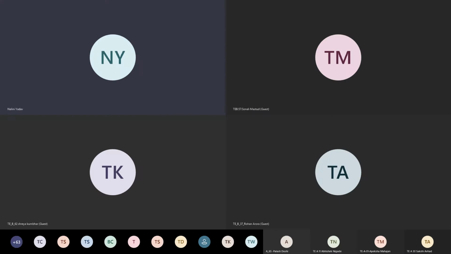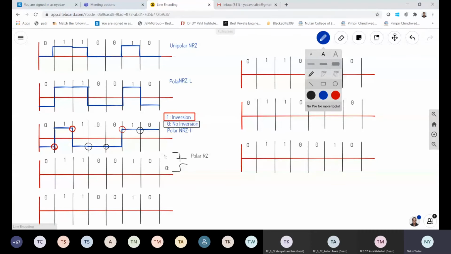So we'll go back to our board now. Come back to the board, line encoding. So what am I supposed to represent now? 0. So 0 is represented like this. So I will move like this for 0. How is 1 represented? Now remember this. Okay, I want to tell you. Let me take a little hold.